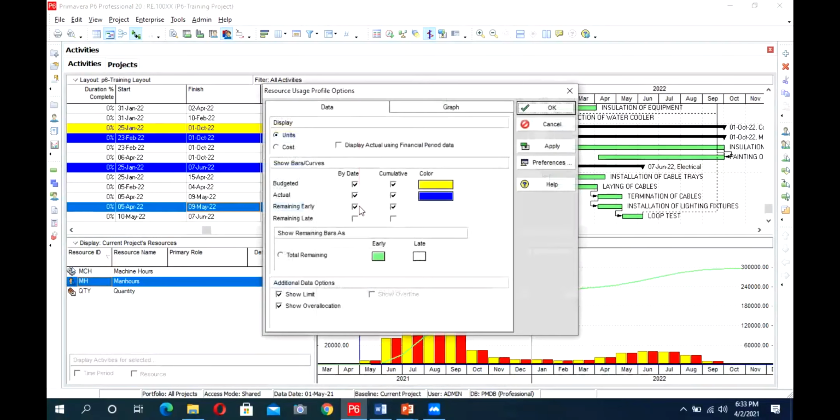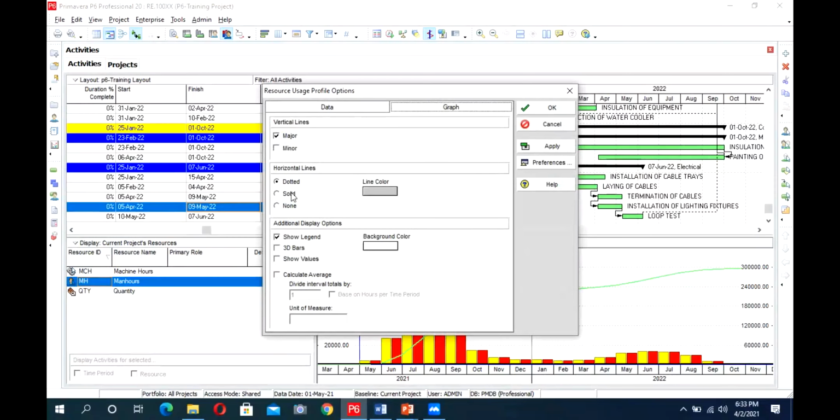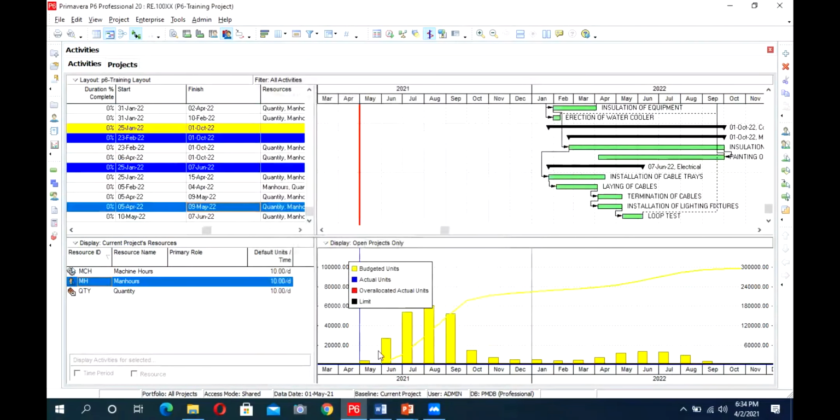I will say I want to see the budgeted and actual unit. So what is it? It's just showing me my budgeted units here.